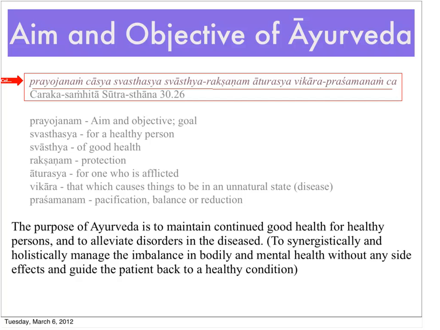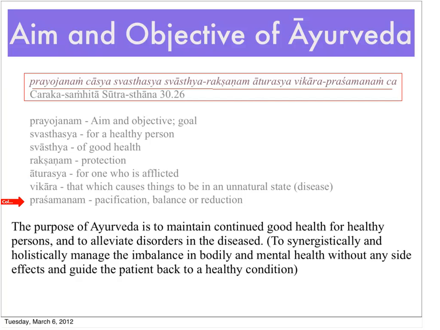So this sutra from Charaka Samhita defines the aim and objective of Ayurveda. Prayojanam chasya swastasya swastya rakshanam aturasya vikara prashamanam cha. So prayojanam means the aim and objective or goal. Swastasya means for a healthy person. Swastya means of good health. Rakshanam is protection. Aturasya, for one who is afflicted, for one who is sick. Vikara, that which causes things to be in an unnatural state of dis-ease. Prashamanam, the